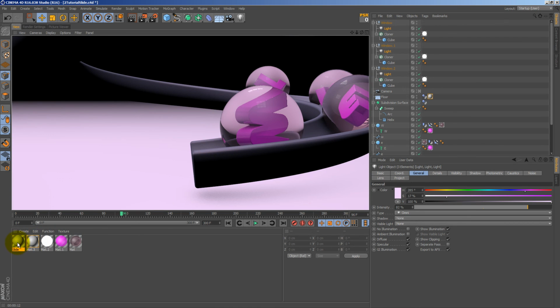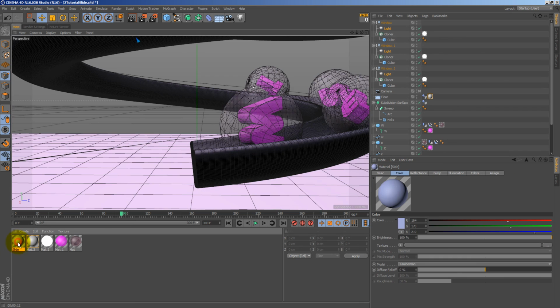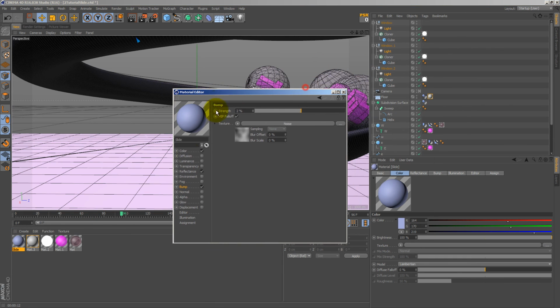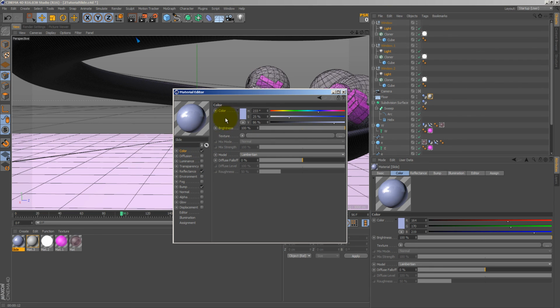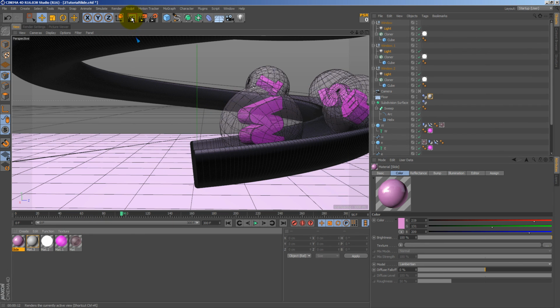I'm not quite happy with the way my slide looks. Actually, I think I'm gonna make it a bit more reflective. And I think I'm even gonna add some reflection, some bump. If I just make this 10%, there's way more reflection, so it should be a bit cooler. And also for the color, I don't like this blue, so I'm gonna make it purple as well. Something like this. And if you now hit the render key,